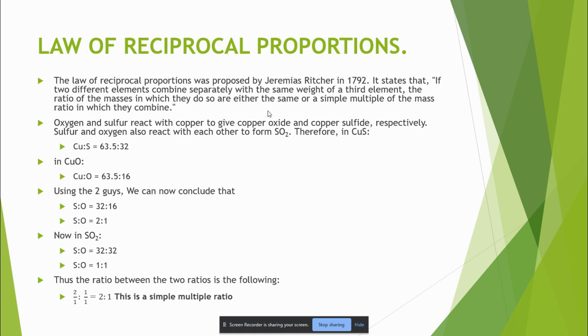You are not getting something so cumbersome or so huge. It is just a simple ratio, just reciprocal. They are kind of reciprocals of each other. And that's everything about the laws of chemical combination. We have the law of conservation of mass, law of definite proportions, law of multiple proportions, and law of reciprocal proportions. In the next class we're going to move into details on atoms and then periodicity. So thank you.